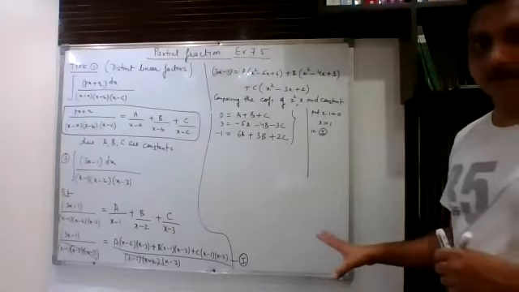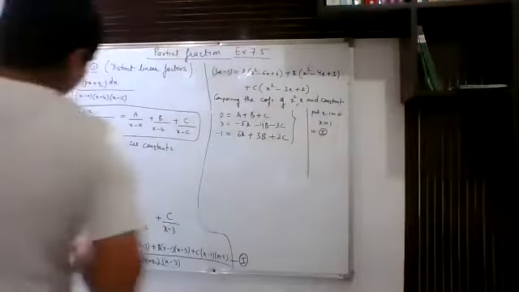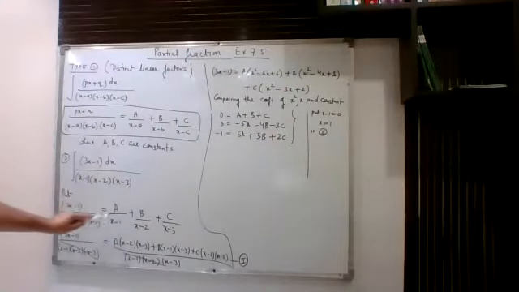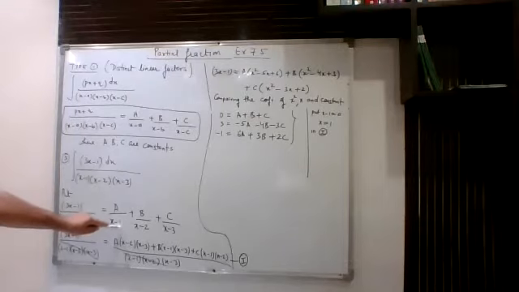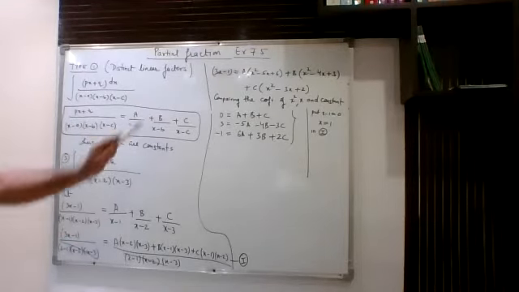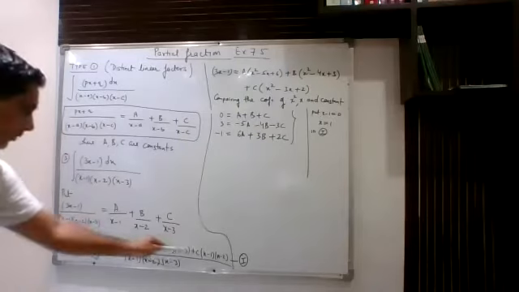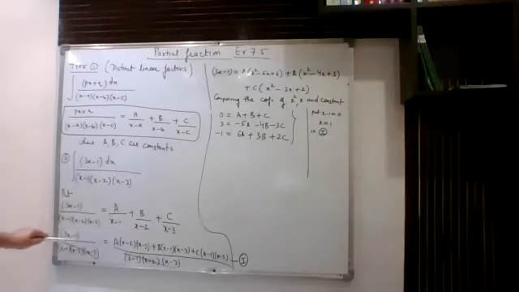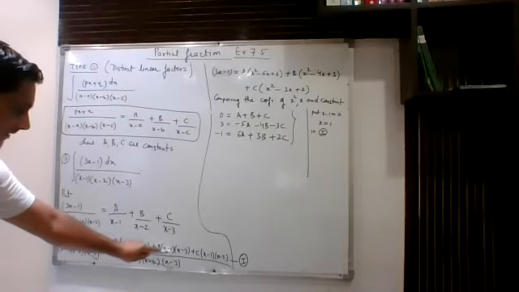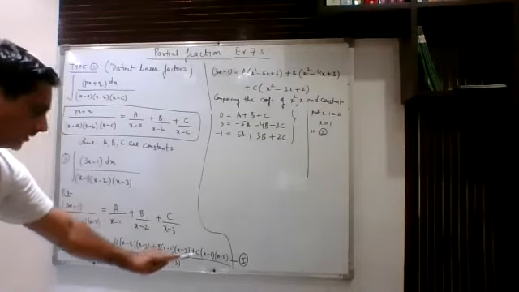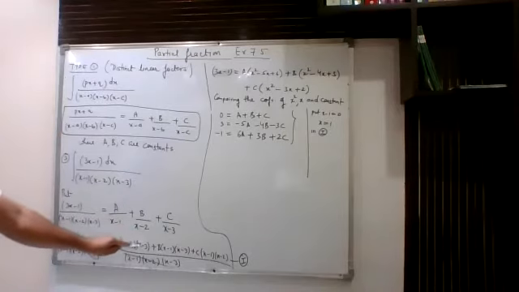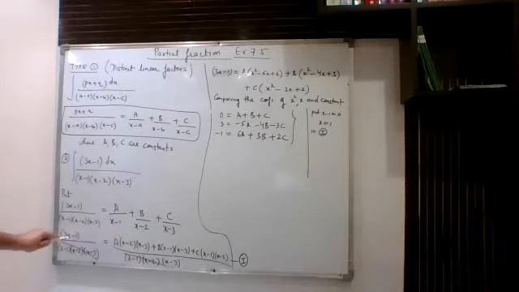Let me recall this once again. What we will do is, in order to get the value of this a, whatever is written over here, you will put that quantity as equal to 0. x minus 1 we will put 0, that is, x we will put 1 in this equation on both the sides. So when you put x equal to 1 on both the sides, then here you will get 1 minus 1, that is 0. Here also you will get 1 minus 1, that is also 0. So only a will survive. So a will survive, and also on this side you are left with some constant quantity. So this is how you will get the value of a.